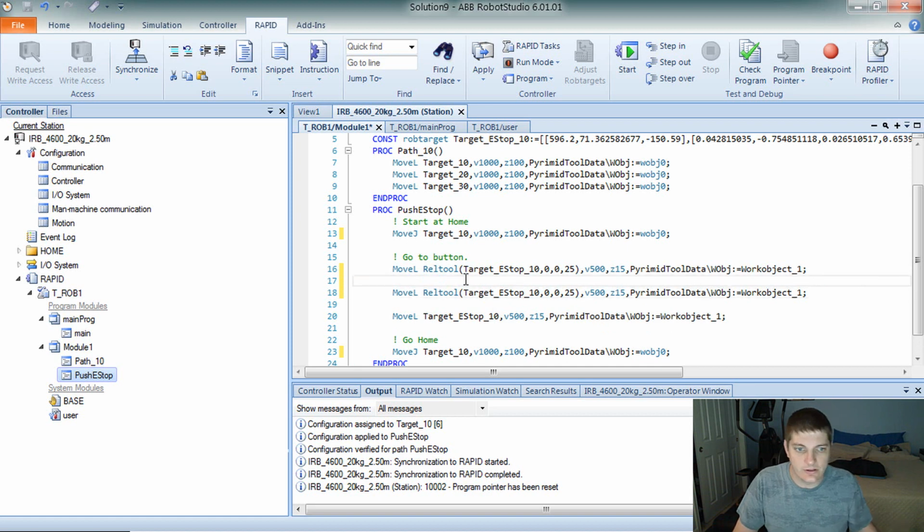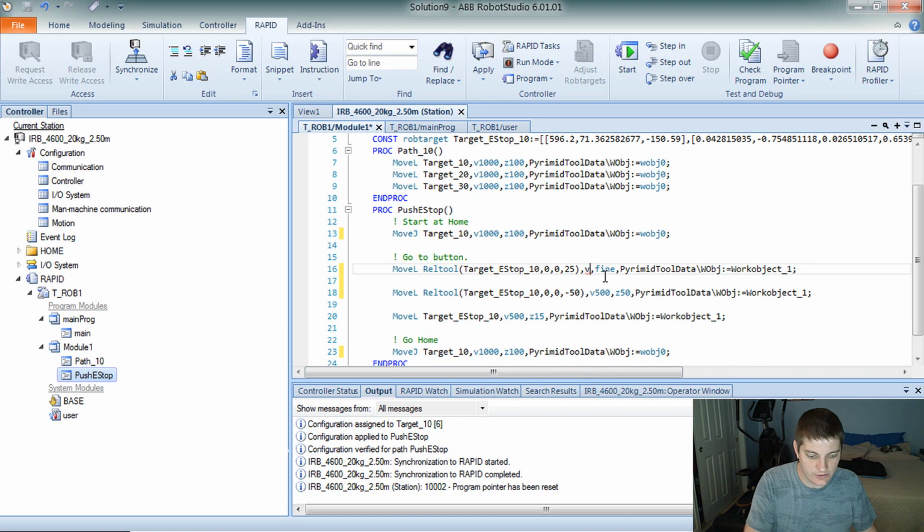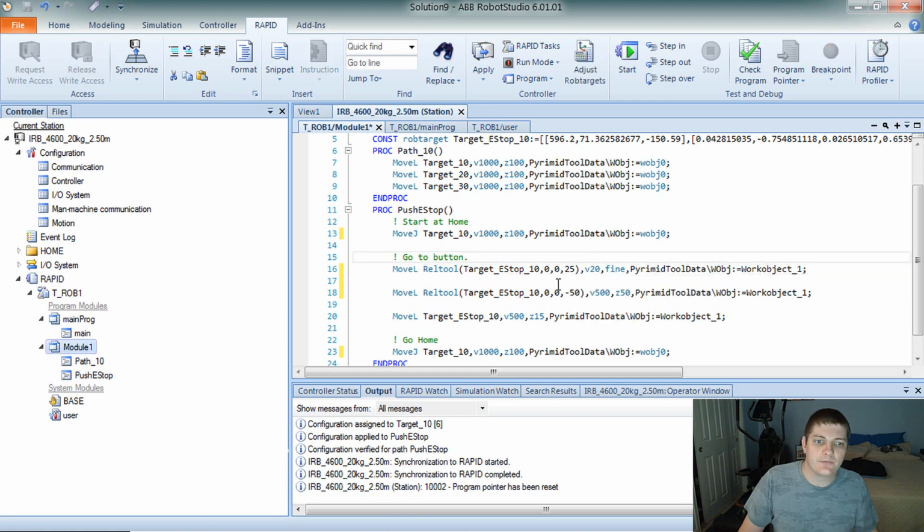And actually, I'll introduce another thing real quick. We're going to get overridden by these zones here. So we want to make sure that we go fine on that one. This one's an exit zone, so it could go bigger. Maybe Z50, something like that. This is our nice slow one, by the way. Might be V20. So what I'm trying to get at here is